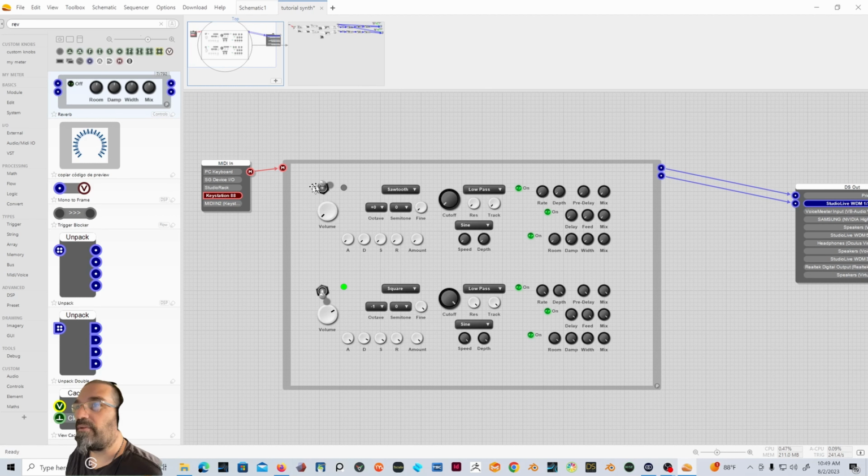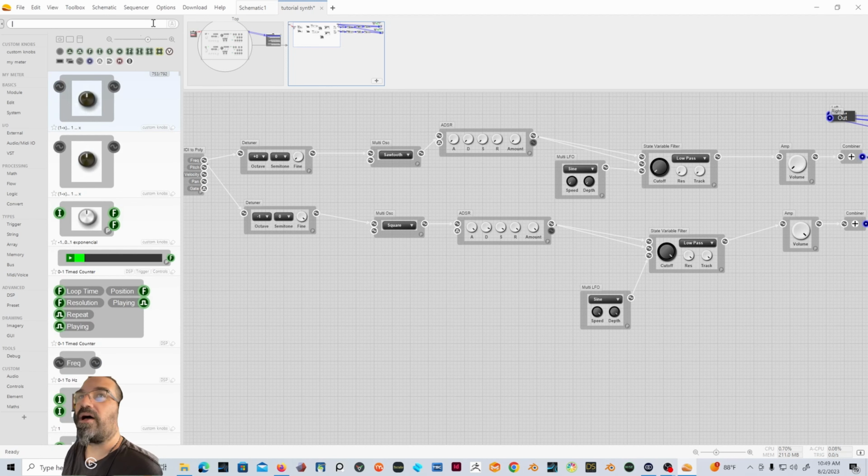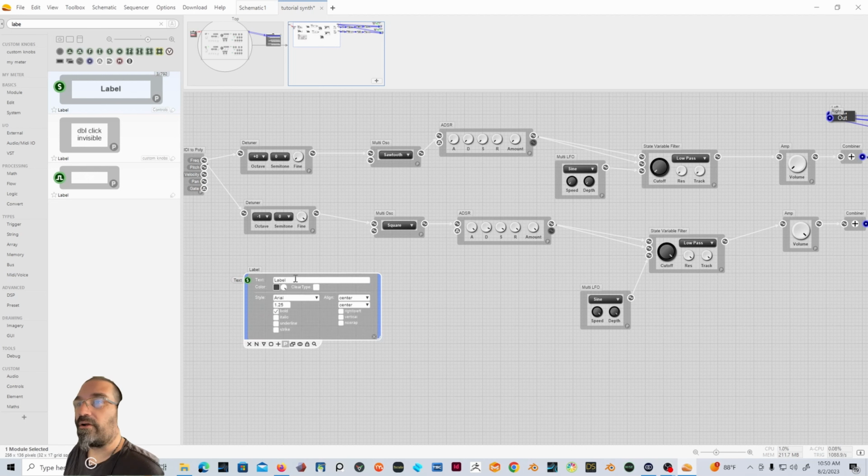But let's say you want to make a label for this switch right here. We would double click and go into our module, and on this level where all of our pieces are, you can just come over here to our toolbox and click and type in label, and right here we have label. We're just going to drag that down onto a blank area of the schematic, and we don't have to connect it to anything. We just click on this little P here in the corner, and now we can write what we want. So we can say in caps